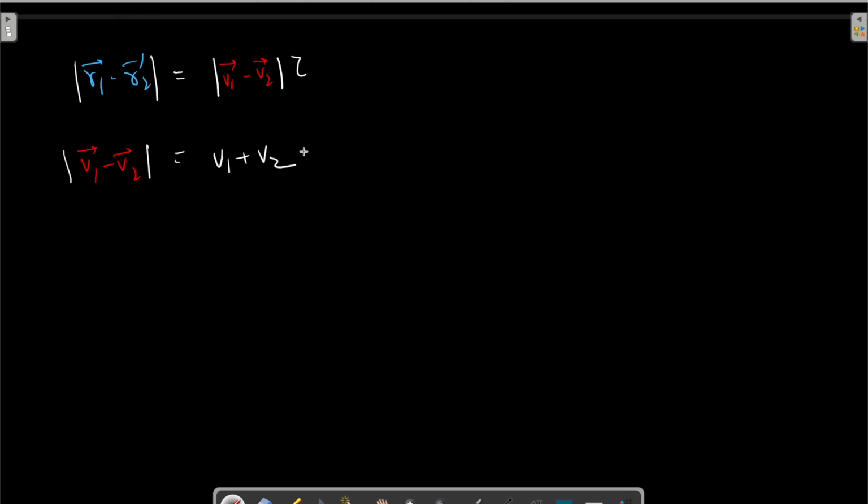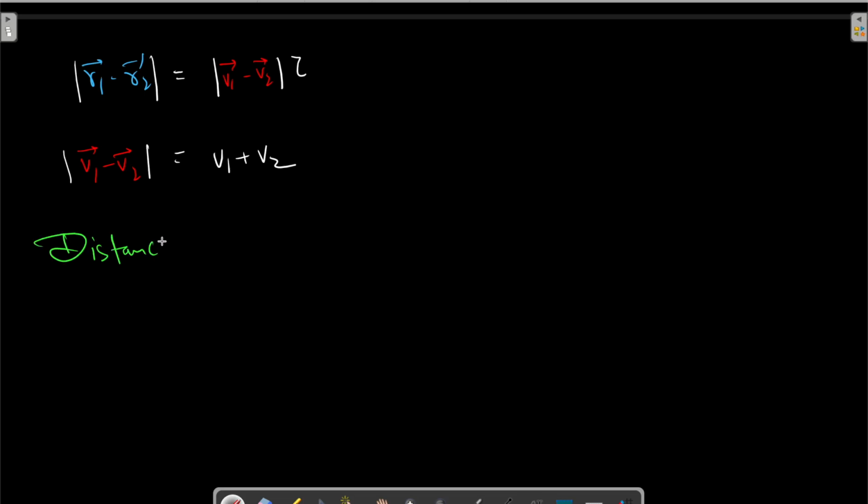So what's the final thing? The r1 vector minus r2 vector, which was said to be v1 minus v2 into tau, but what we have right now, v1 minus v2 vector, is actually equal to v1 plus v2 in magnitude. The magnitude of this is equal to this. So what we have finally,